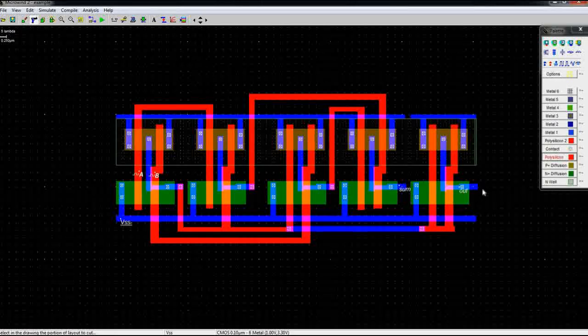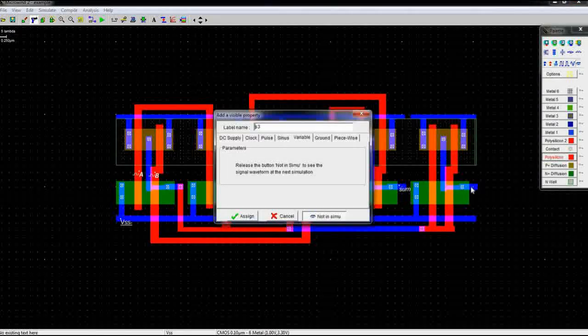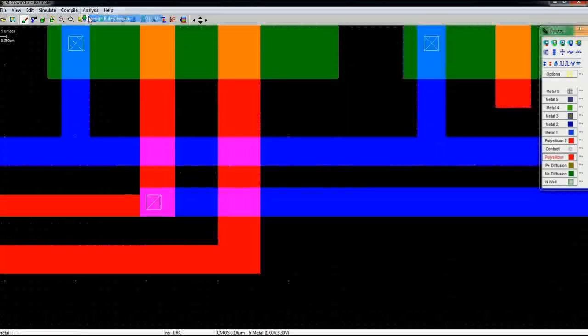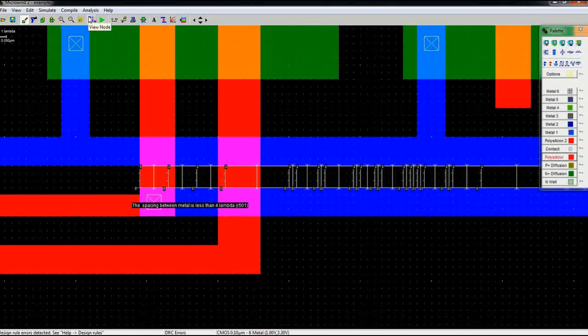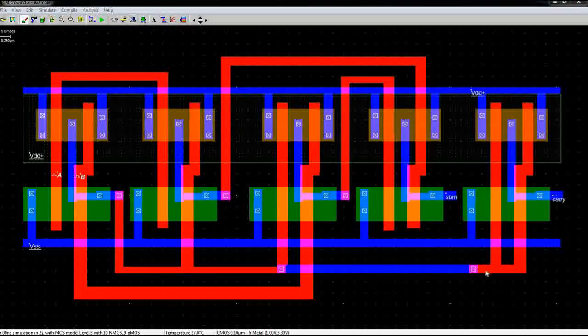And this is the carry node. The minimum spacing between two metals must be at least 4 lambda. So we correct it. So this is the complete layout.